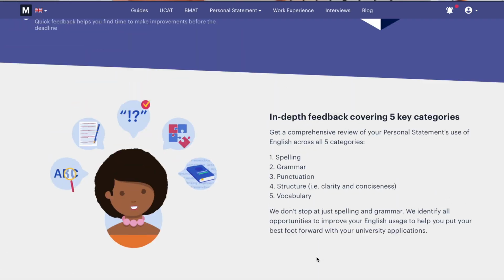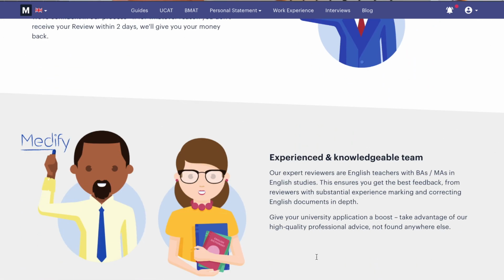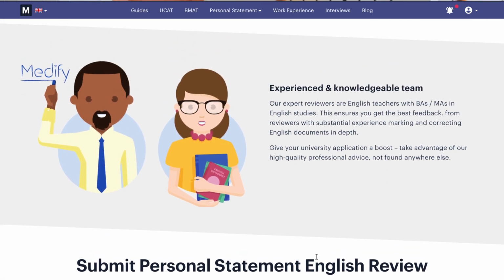And the last personal statement tool Medify have to offer is the personal statement English review. I mentioned briefly in the content review section that Medify grades your draft personal statement from A to E based on English use, and I did touch on how it's really important for your personal statement to read well. But the Medify English review takes it one step further to make sure that your English actually sounds as perfect as possible. Again, similar to the content review, you send off your personal statement, and this time two English teachers actually read through your personal statement and just check for spelling, punctuation and grammar issues,